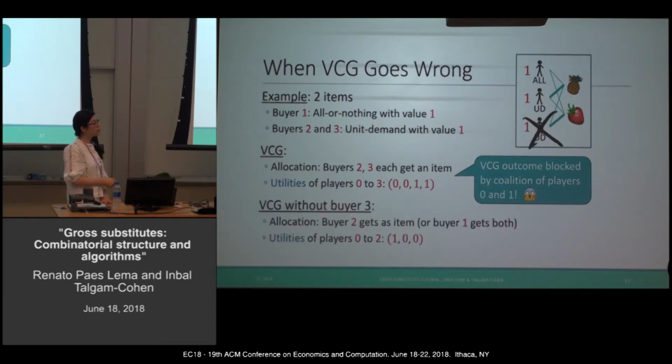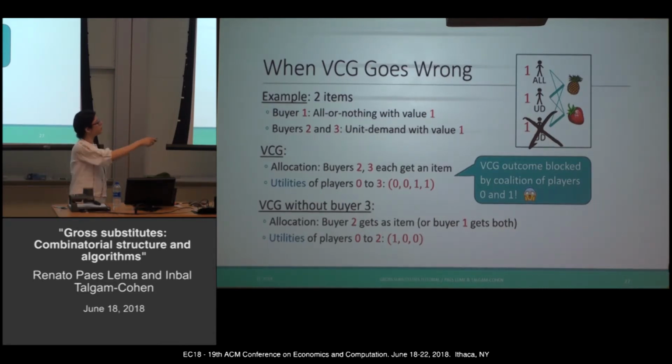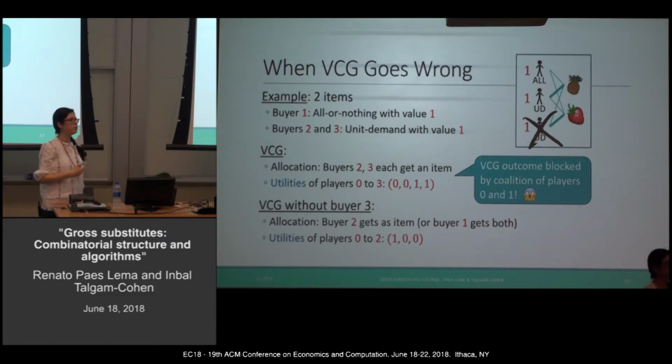Okay. Second thing that's wrong. Let's see what happens if we take away the third buyer. So if we take away the third buyer, now we have 2 ways of getting maximum welfare. Either player 2 gets one of the fruit, or the first player gets both. So the utilities are now 1, 0, and 0. The utilities of the players are 0 because none of them contribute to the social welfare, because either one of them can create social welfare of 1. That means that the welfare all goes as the utility to the seller.